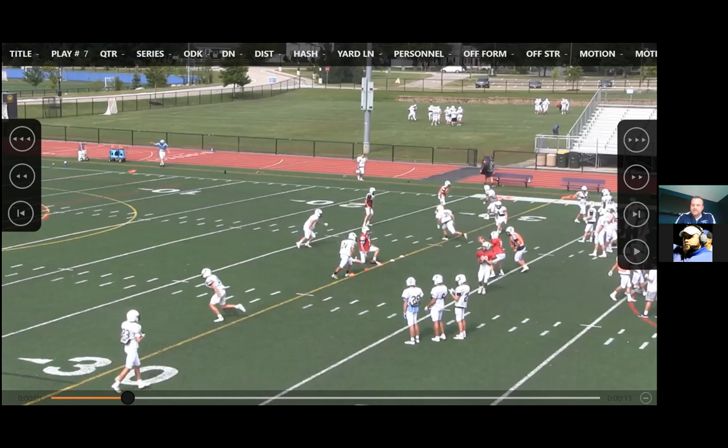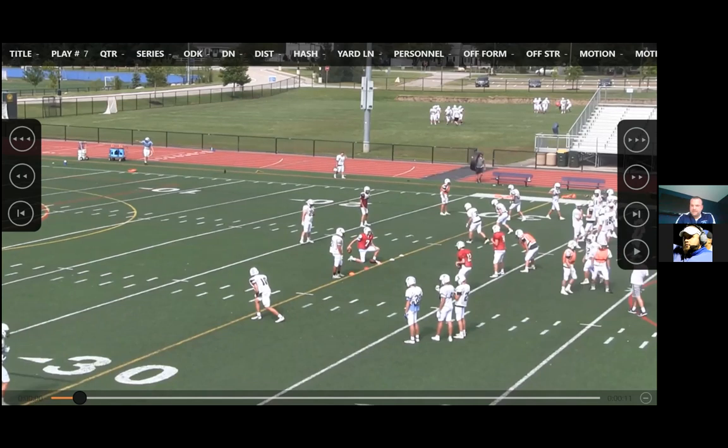So the quarterback's just going to work on his own. It might look a little lazy, but he's going to work his own deal here with this guy. So he's getting reps. Now, this quarterback's going to snap to him. Our quarterback is going to read the backside inside backer here. If he drops in coverage, hand the ball off. And again, you don't have to worry about anything else. If he scrapes, he's going to pull it, and then he's going to make a throw off of that.